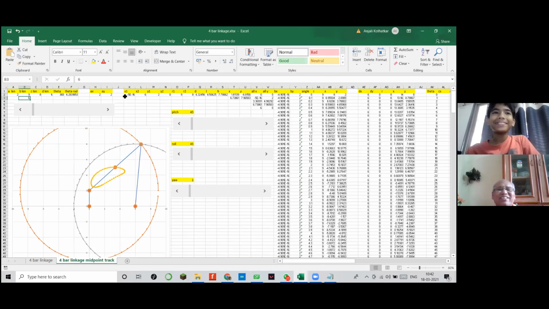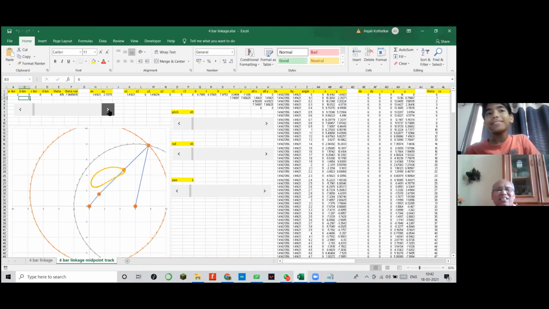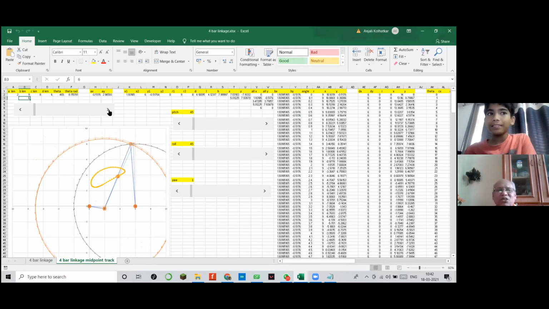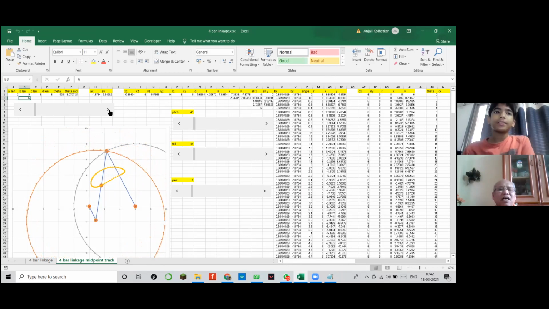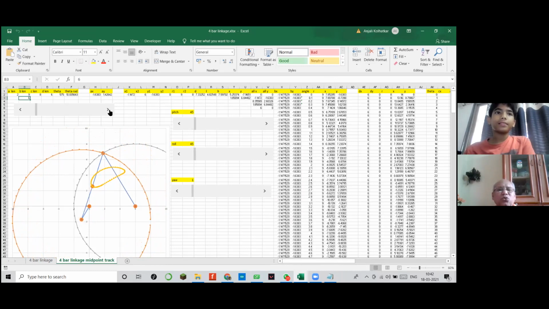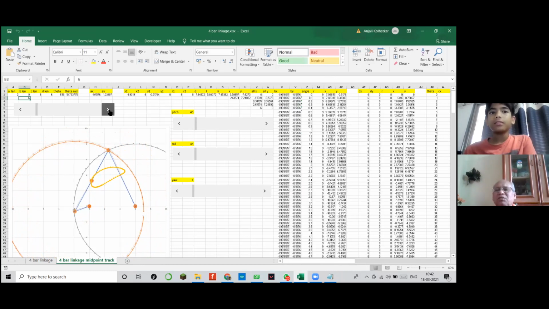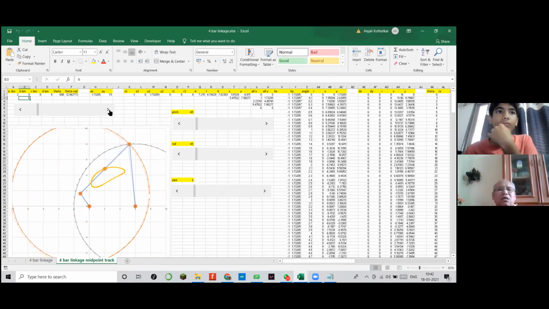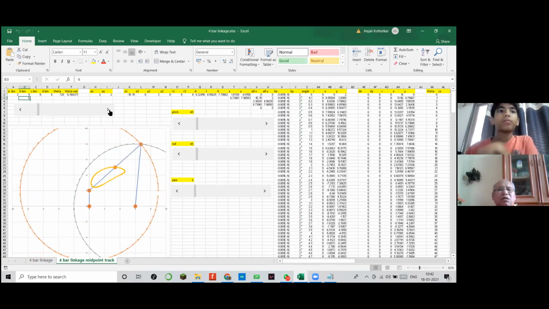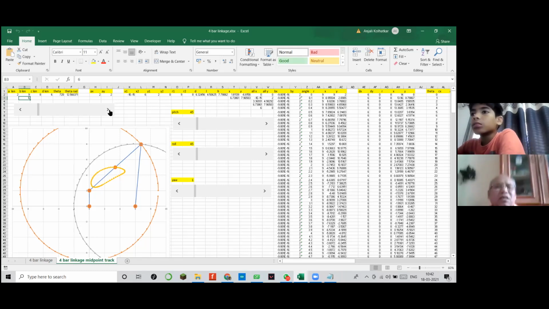You are doing some excellent work, and you see this type of learning, no? When I teach students in the conventional method, I tell them this is the 4-bar linkage, this is the curve it follows, and the matter ends there. I can never understand whether students have learned it properly or not. But if you learn in this way, what will happen? You are showing me, sir, this is the thing.